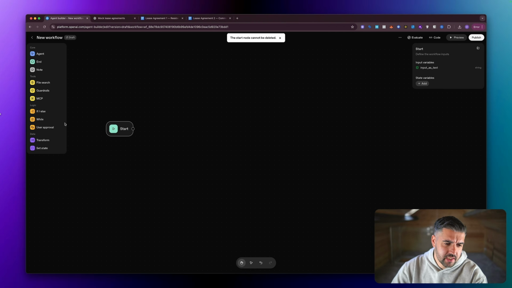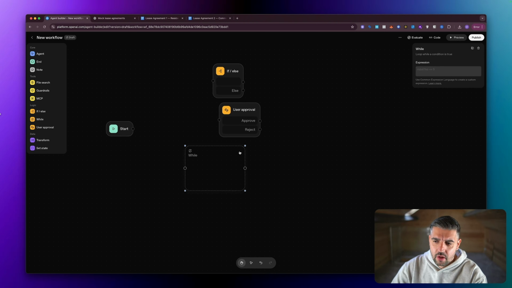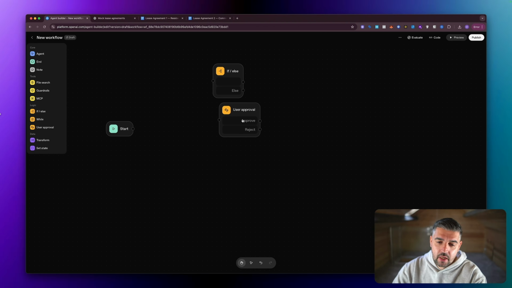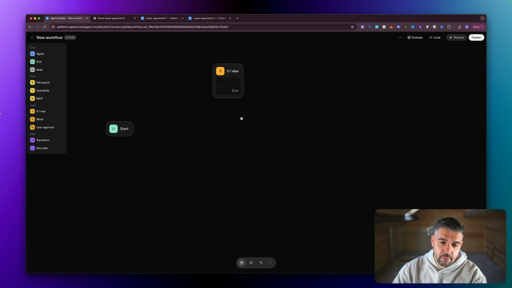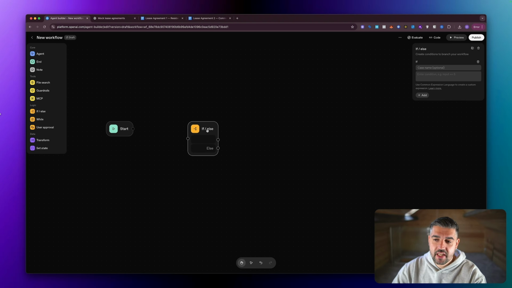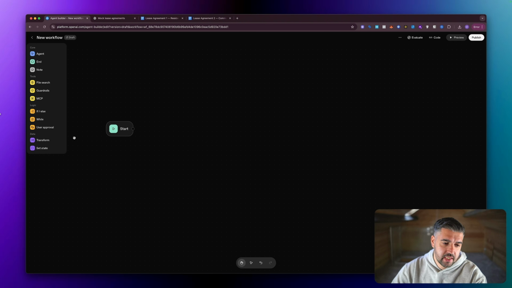One of the key things that obviously you have is user approval and if statements. So inside of here, you'd use a common expression to create a custom expression. So basically, this is a loop. And this is what you'll have seen: the loop node in n8n. It'll wait while something is happening. If something in your flow takes time, it will wait. User approval means a human step needs approval, which is important. If you're auto-quoting and things like that, you'd want to use the user approval step. If or else, if statements, common sense, exactly what it says on the tin.